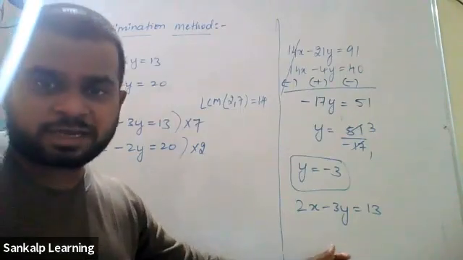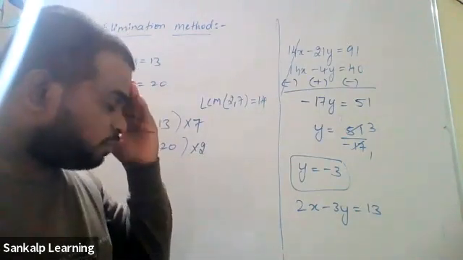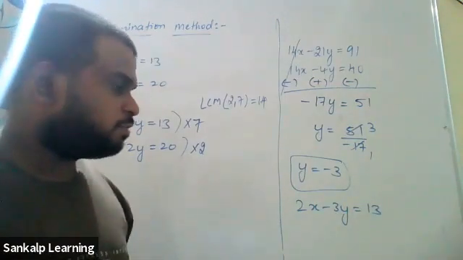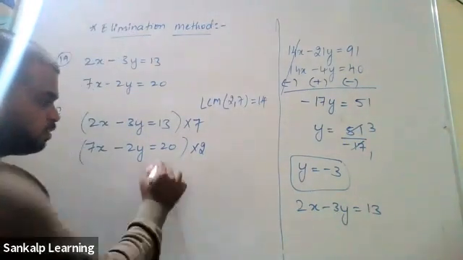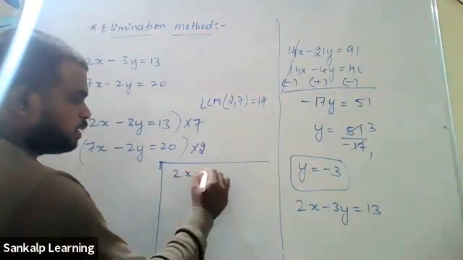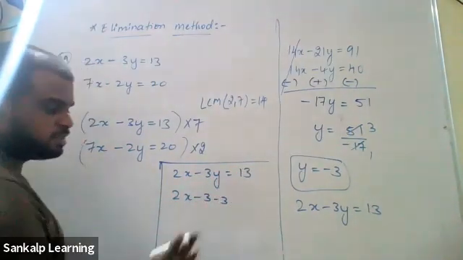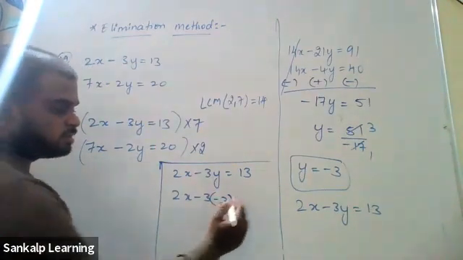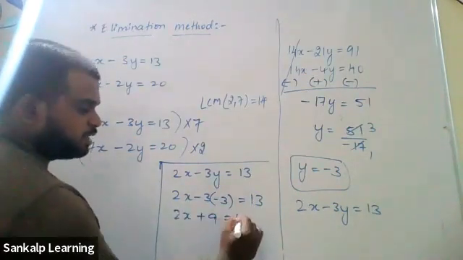Okay, good. So I hope everyone has got the value of x as 2. Be careful. Whenever there is a negative sign, be very cautious, okay? That is where we make mistakes. In place of y, I'll just do it. 2x minus 3y equal to 13. 2x minus 3, do not write minus 3 just like this. The meaning changes. It is 3 into y, so brackets, equals 13. 2x plus 9, minus 3 into minus 3 is plus 9, equal to 13.